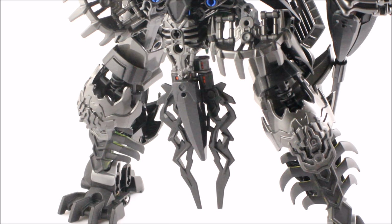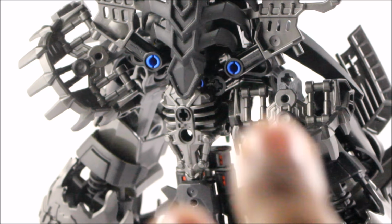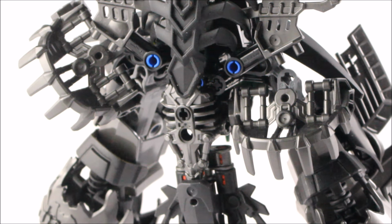Typically we know that with the Overlord, with the Shadow Titan, it's gold. Here I've used the gunmetal. So technically a lot of the pieces here are black, gunmetal, and a bit of gray. Honestly, those three colors just go so well with the Teridax. And as mentioned, I just try to reference quite a bit from the original Makuta Teridax. So moving right on up, you can see there I've also added in some, I guess, shadow trap looking